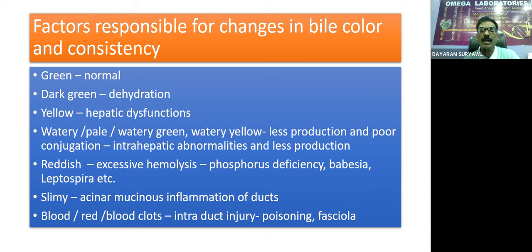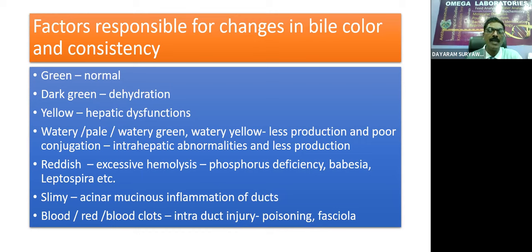So the liver is not able to cope with the extensive hemolysis, and the conversion of the bile pigments will not be observed, and the excess of hemobilirubin will be retained in the liver, and that may come into the gallbladder, and that leads to the appearance of reddish color bile in these conditions. So phosphorus deficiency, babesia, leptospira, and some of the clostridial infections may lead to the reddish type